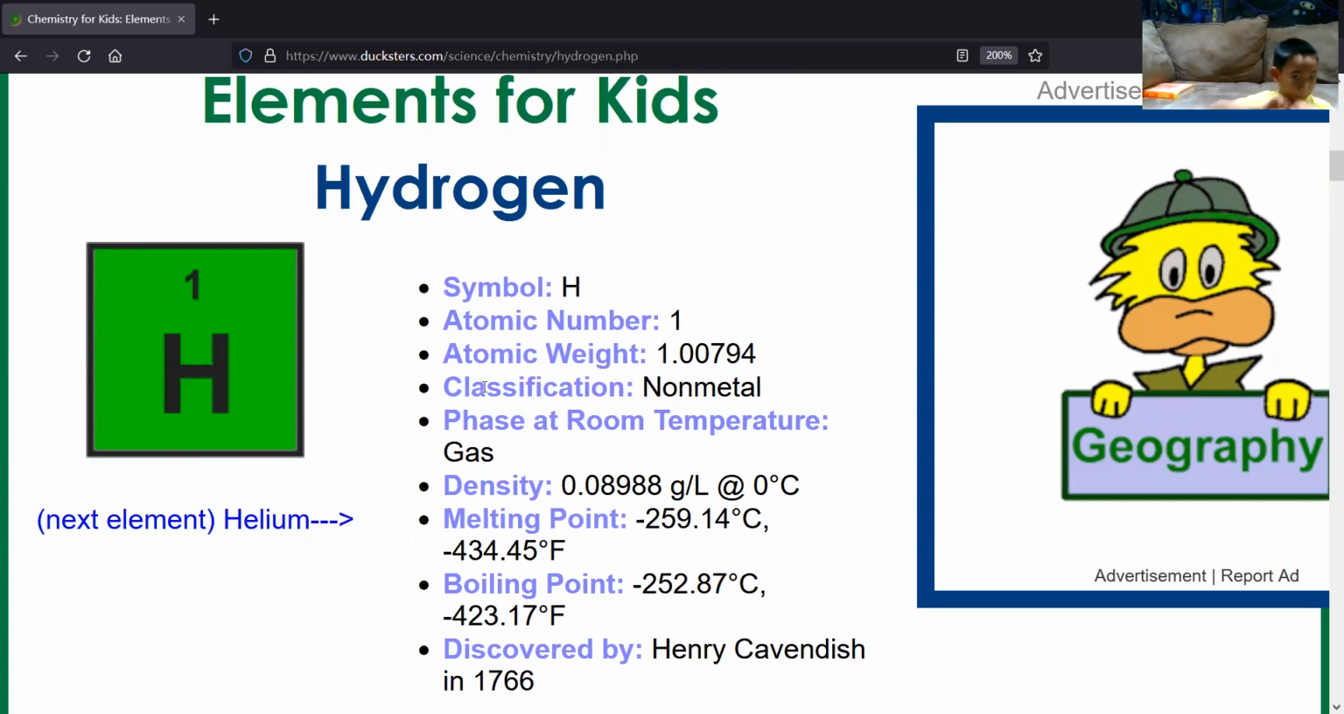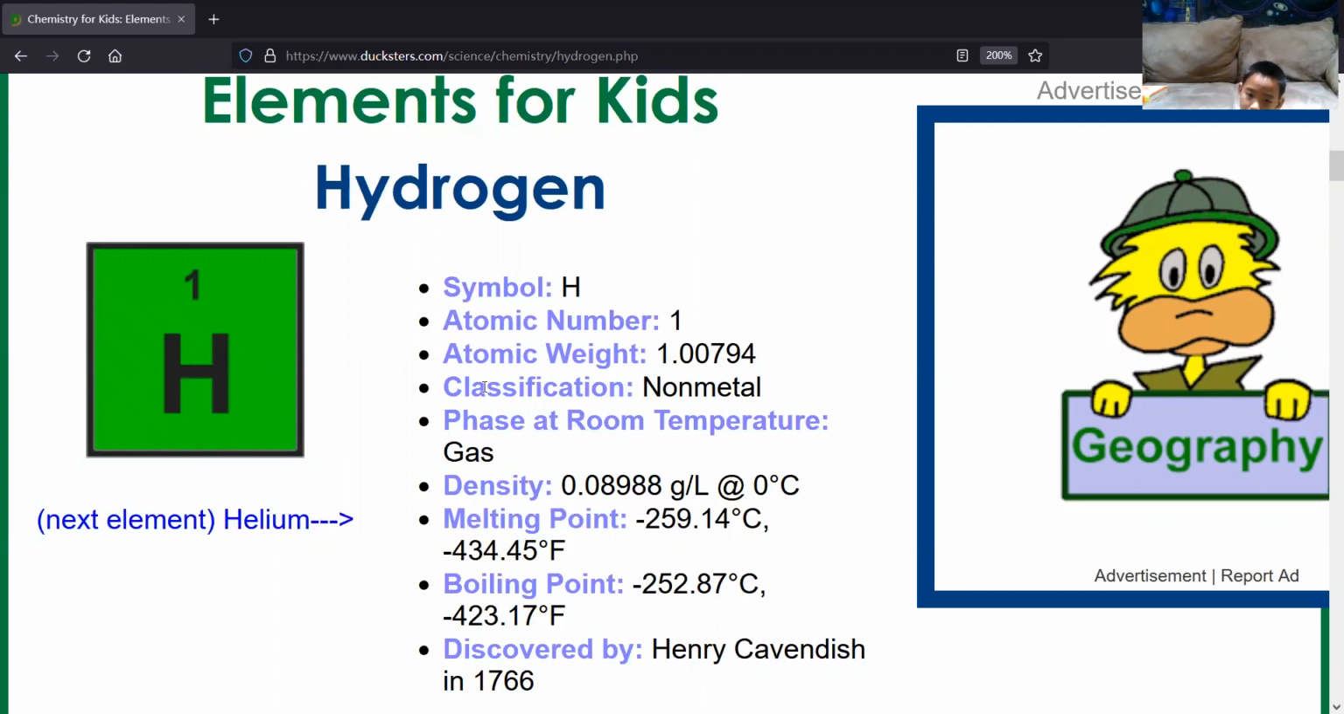Element for Kids, hydrogen. Symbol H. Atomic number 1. Atomic weight 1.00794. Classification: it's a non-metal, which means it's not a metal. Phase at room temperature: gas. Density: 0.08988